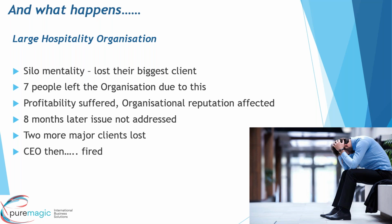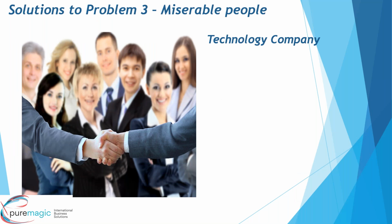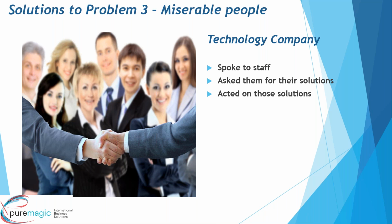When you've got disengaged staff, it's not a big issue that doesn't happen. It happens all the time. And the solutions to a technology company we had with the same thing. We spoke to staff again. We asked them for solutions. But what was important was that the CEO and his senior team were happy to act on some of the solutions that the staff came up with. And one of them was,